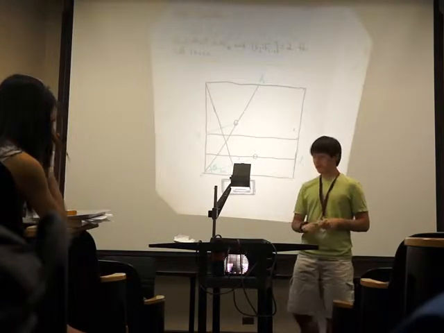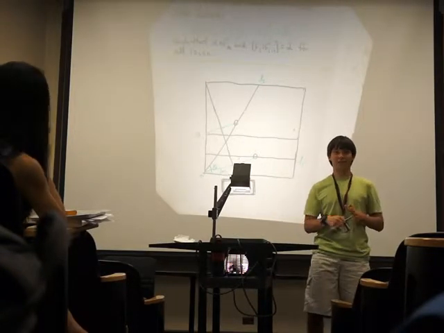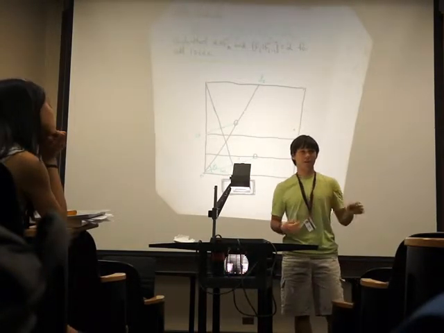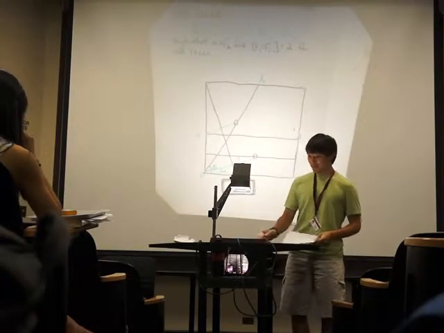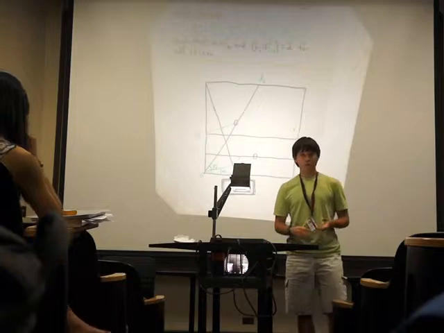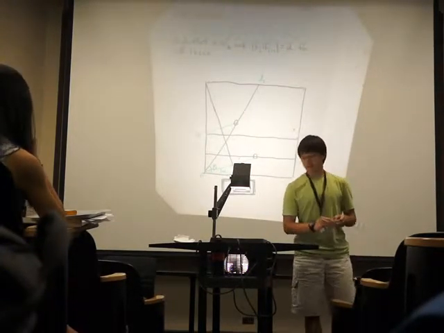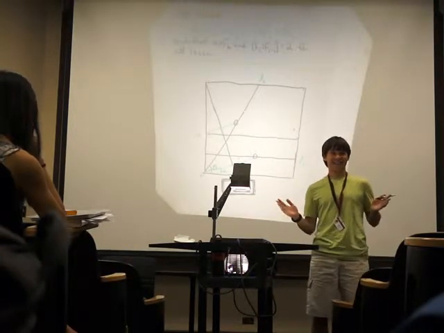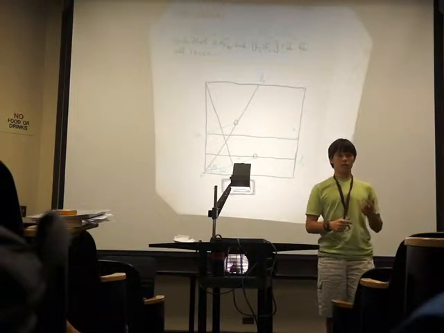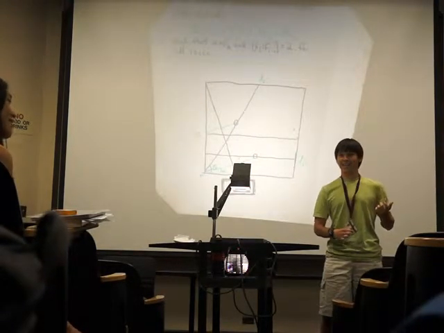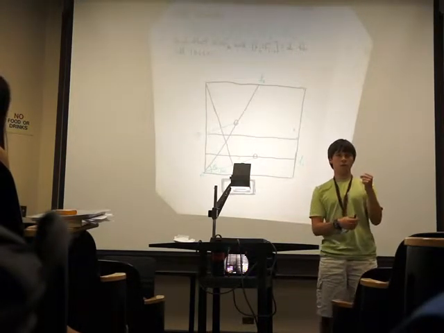The proof of this involves some pretty basic angle chasing and congruent triangles, but I don't exactly have time to present that to you. So if you want, you can try it out on your own, or you can ask me after the lecture. But what is it about this new construction that allows us to trisect angles? Well, a surprising fact is that it involves parabolas. For those of you who don't know or may have forgotten, a parabola is defined to be the locus of points that are equidistant from a line, which we call the directrix, and a focus,